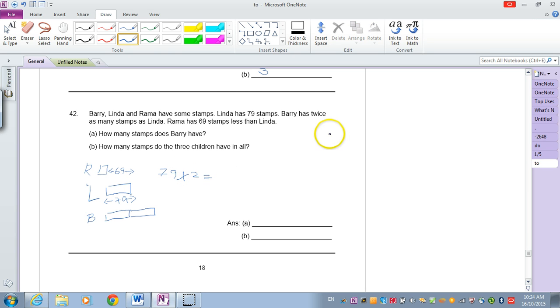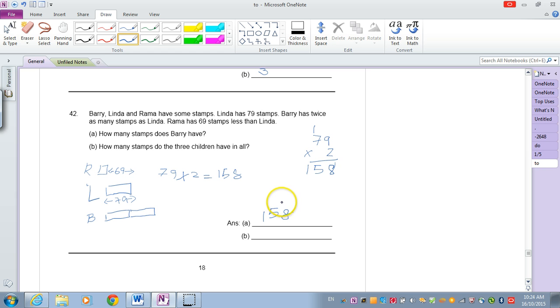Please do your working. So 9 times 2 will be 18, so I will regroup it. 7 times 2 will give me 14, plus 1 would be 15. So it will be 158. So Barry has 158